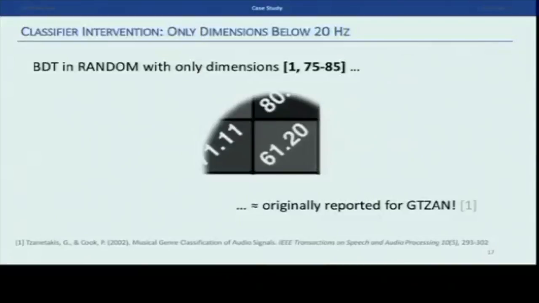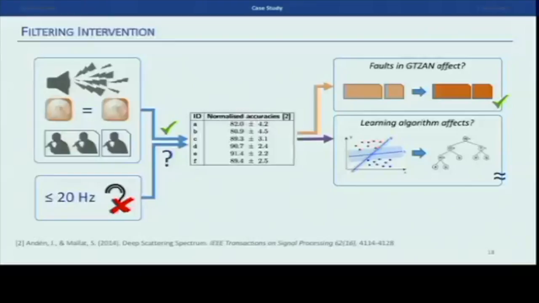So we see that even though changing the classifier algorithm didn't affect the results much, we got some information that we can drive forward. We know that there is actually something there that can potentially be used by the systems. But we still don't know if the original systems actually exploit that or not.